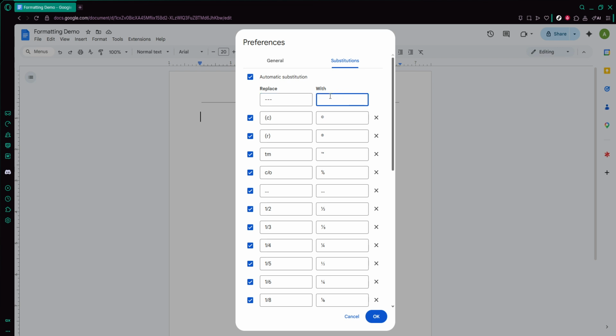In the second box, labeled with, type the full text you want Google Docs to insert when it sees that shortcut. This could be a full sentence, a frequently used phrase, a repeated comment, your company name with the right capitalization, or anything else you find yourself typing over and over. Take a moment to double check spelling and formatting here, because this is exactly what will appear each time the